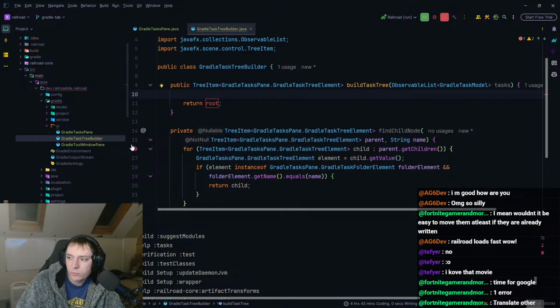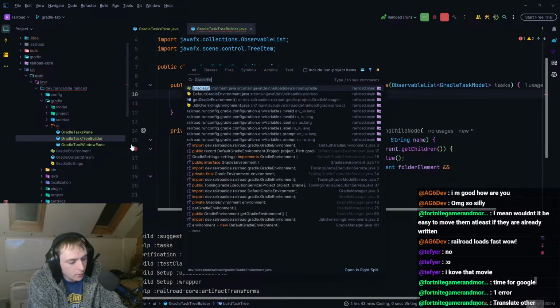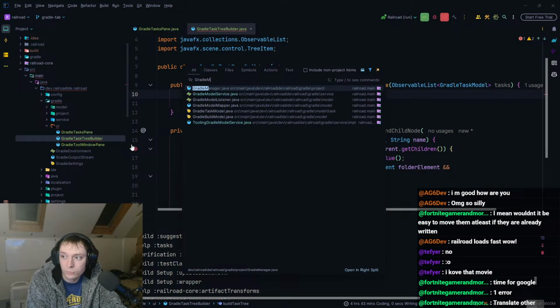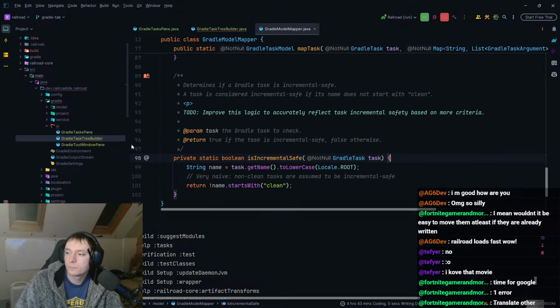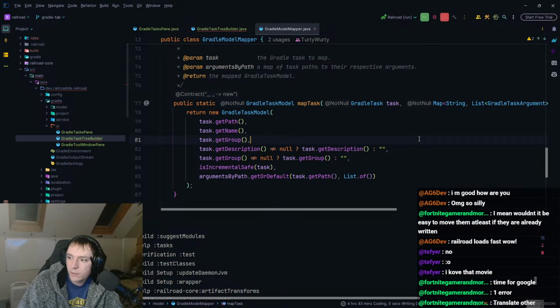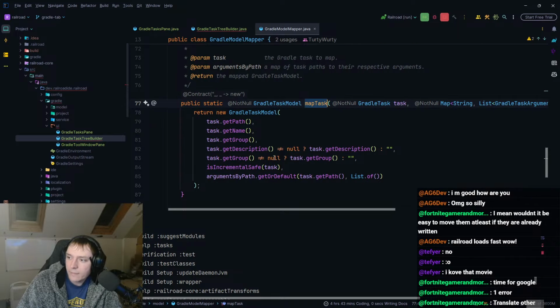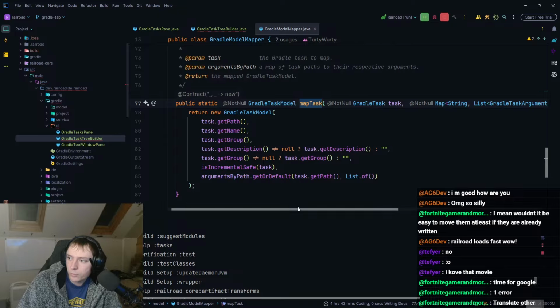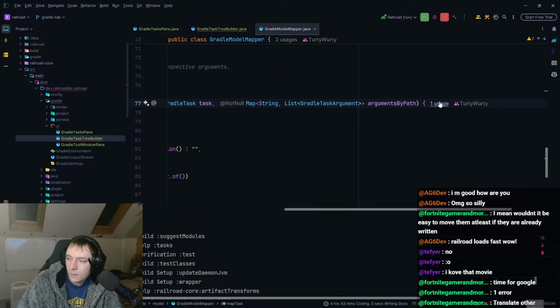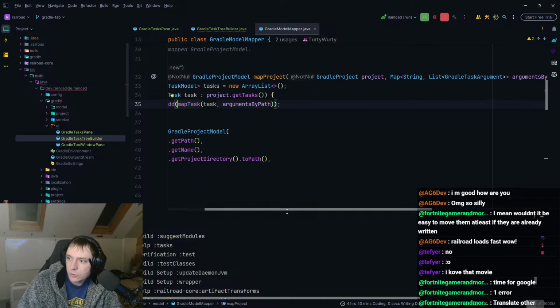Maybe that's an issue with the Gradle system, though. If I look at Gradle Model Mapper, I think it's called. This is where I kind of create the tasks and stuff. I'm just wondering if when we create the task, do we have access to the project it came from? I think the answer might actually be yes,